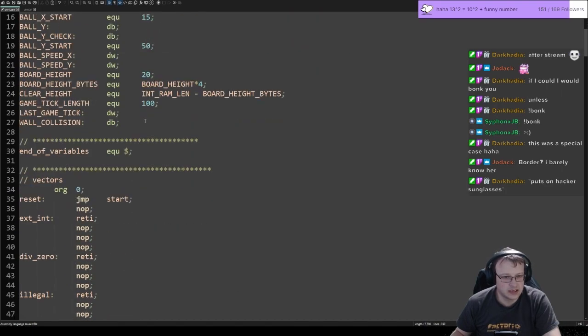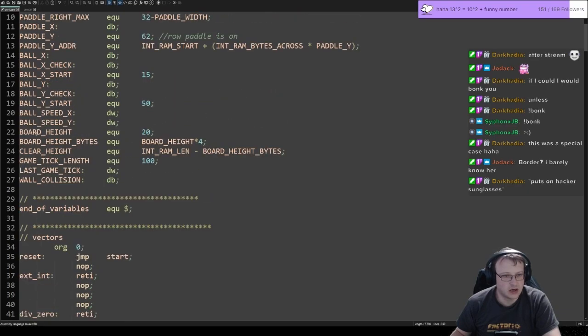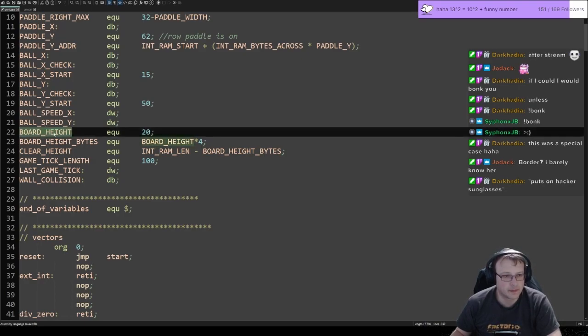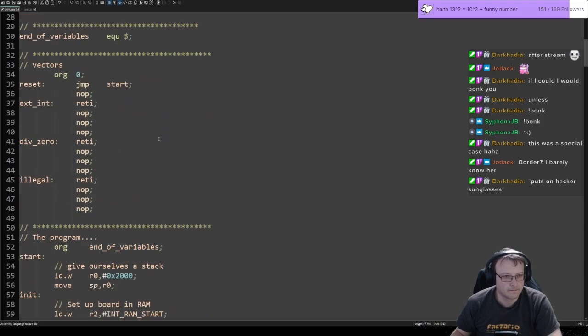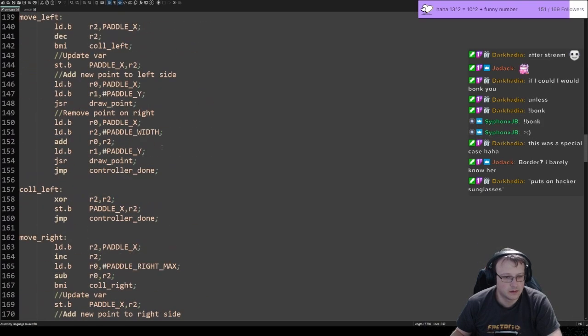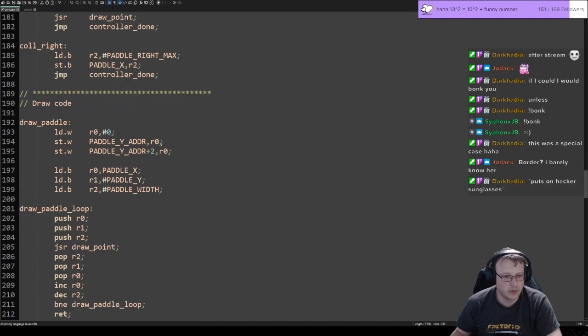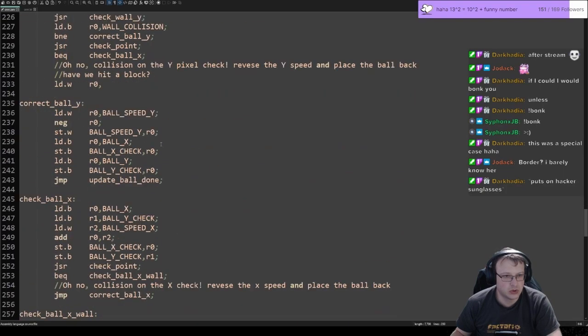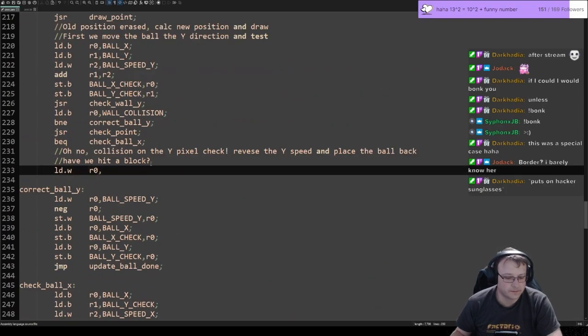No, I don't think I did. I think board height actually might store the information we need. Where were we? We were in the update ball. Yes. So we load